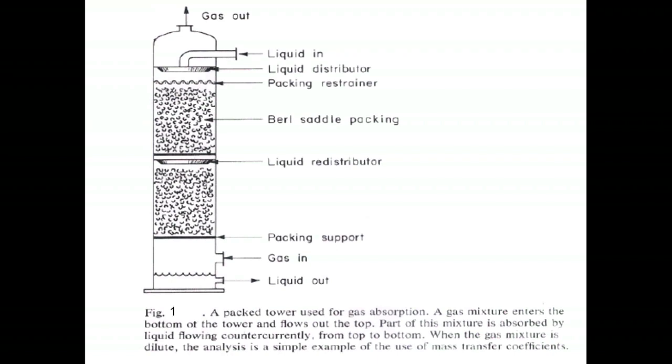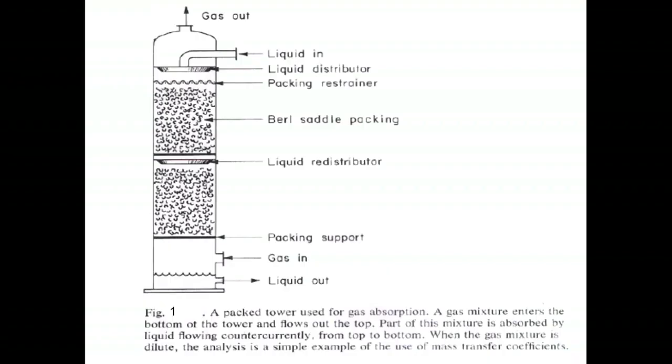The first question which may come to your mind is, why is it that we have shown the packing in two sections? And let's see one more detail. The liquid comes in with a liquid distributor at the end of this inlet pipe. The liquid distributor may be a plate with holes in it at a certain pitch, and the liquid is distributed uniformly over the packing. But between the packing and this liquid distributor, you see this wavy line indicating that we have a packing restrainer. As the title would suggest, this is to restrain the packing.